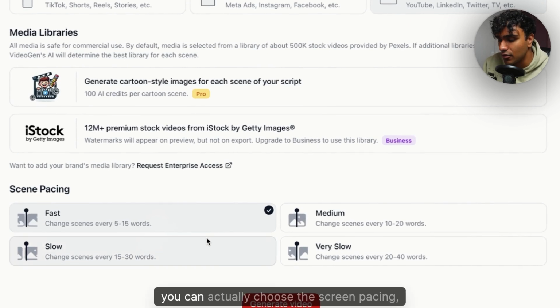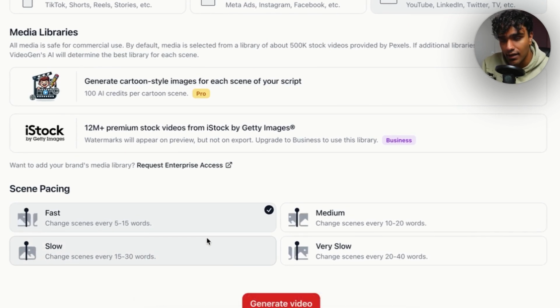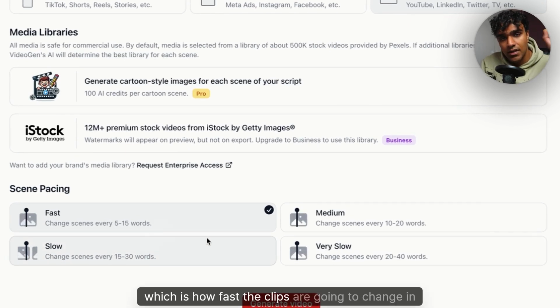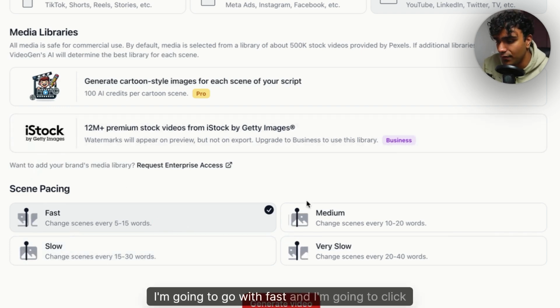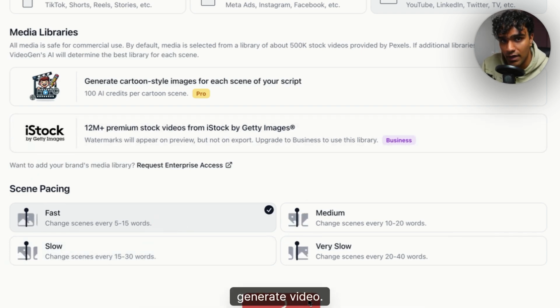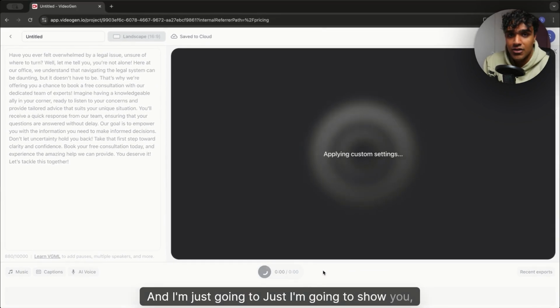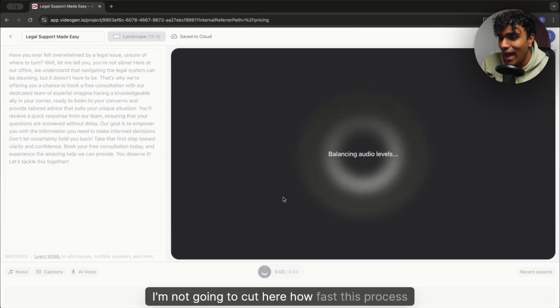And at the bottom here, you can actually choose the screen pacing, which is how fast the clips are going to change in your video. Now for this example, I'm going to go with fast and I'm going to click generate video. And I'm just going to show you, I'm not going to cut here, how fast this